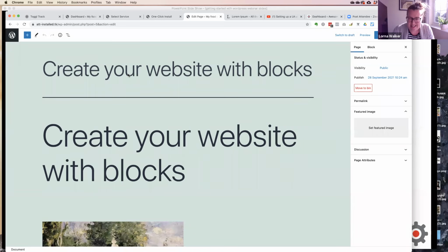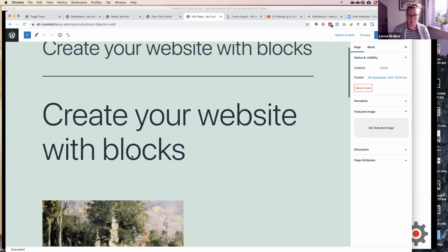Previously, you actually did need to know a little bit of HTML to do things like columns and so on, but it changed its system to what it calls the block editor. And essentially now you build your pages. You can think of a page as just a series of blocks, and each block has a different kind of content in it. So if we just break down what we've got here,